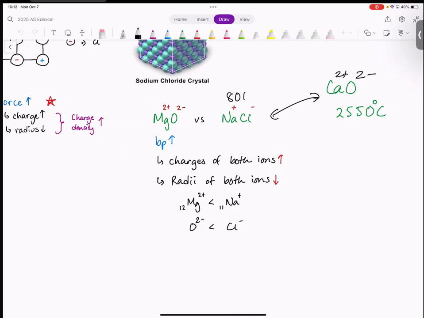So they'll play around with these. In bonding and structure questions, they'll play around with the variables. So this is why you'll see me constantly making these lists